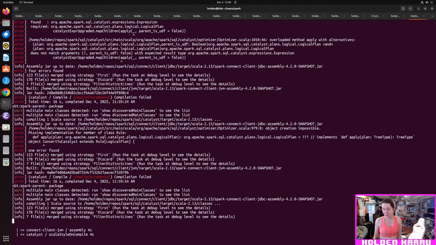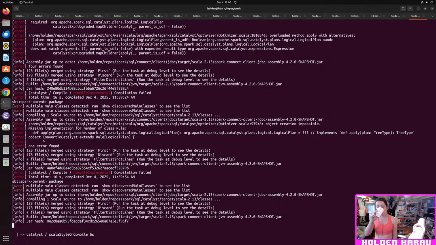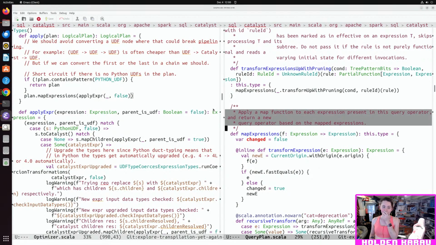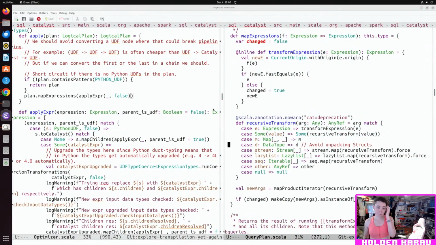Maybe yeah. That's promising. Apply it. But I don't want to do a recursive transformation. Okay, let's take a look.